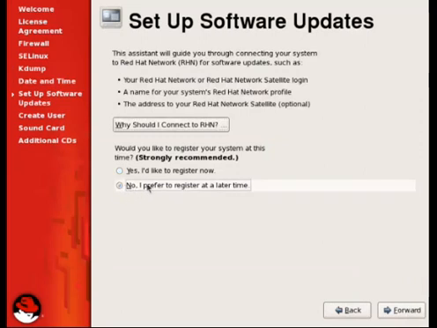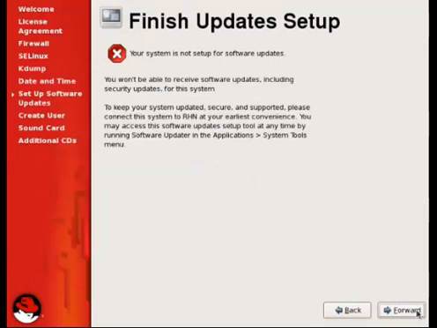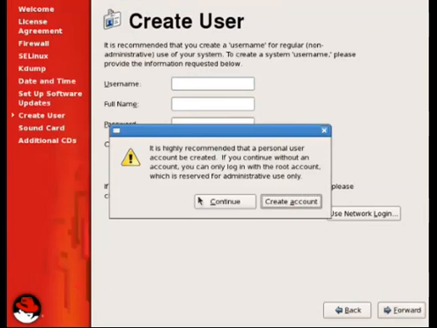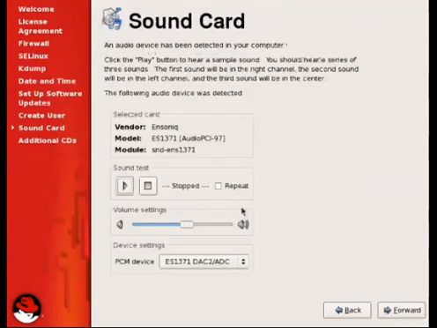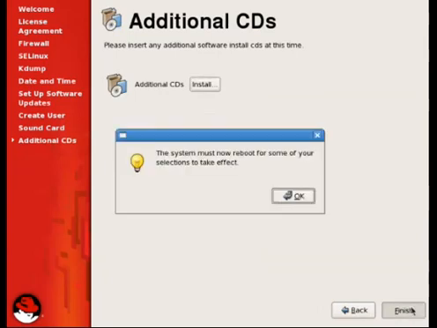If you want to set up updates, then say yes, otherwise no, click on forward, then say no thanks, I'll do it later. Then create the user if you want, otherwise you can go forward because you have already created the admin user and specified the password. Then it will ask for additional settings and all that, say finish and OK. Now it will complete the setup. Thank you all.